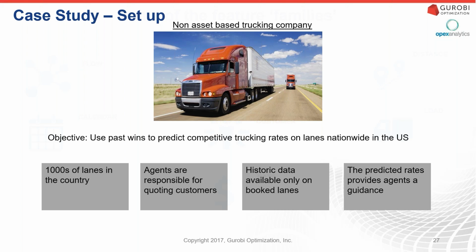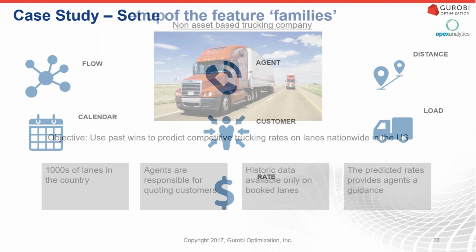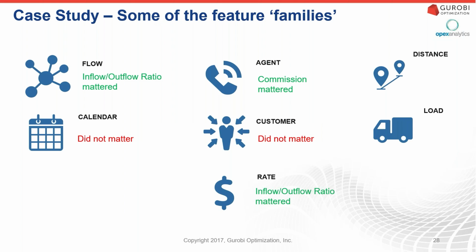What makes this problem ripe for machine learning is that there are thousands of lanes across the country. We have lots of different agents. There's lots of historical data. There's lots of features that we can look at. That's our setup for the case. And we're going to use the term freight bill and loads. This refers to nothing more than all the detailed data, the information and the cost for historic moves, when I moved a product from city A to city B. What was the cost? What was the time of year? What were some of the other factors there? And then I can use that data to make insights and guesses about the future.